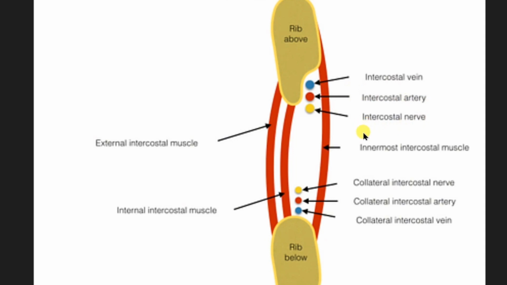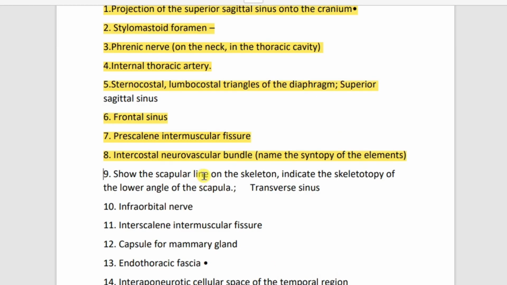Okay, and the other bundle is found inferior to it. It's a collateral neurovascular bundle which runs at the lower edge of the space just above the inferior rib, and the order is reversed. As you can see, the nerve is first, second the artery, and third the vein. So this one is VAN, and that one is NAV. Okay, so the next structure we have here,